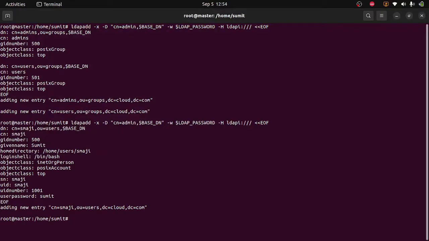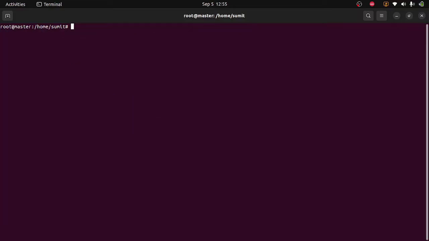Done. So now what we have done is we have created a new user, and that user is part of the admins group. Now the new user has been added. Let us check and see if the system is able to see the new user in LDAP. So as you can see, now it is able to directly log in as SMHAI. Similarly, if I type again, it will ask for password, and if I put the password, then I am able to log in. Same thing if I do sudo,